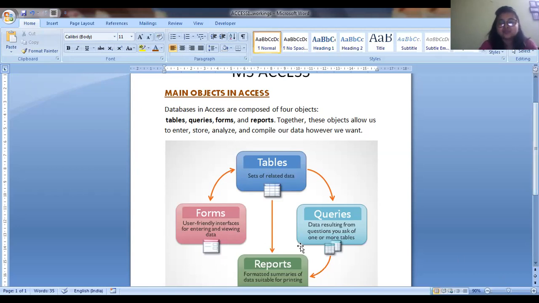Next comes queries. Queries are basically pulling the data out of a large data set. So if I want the students of BCom honors who passed in 2010, I have a specification: I want data of students who have been in the stream of BCom honors and who passed in 2010.